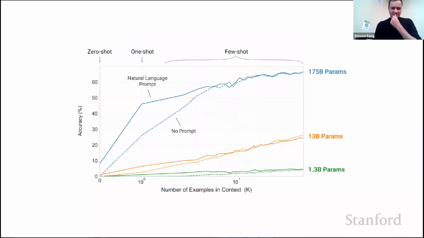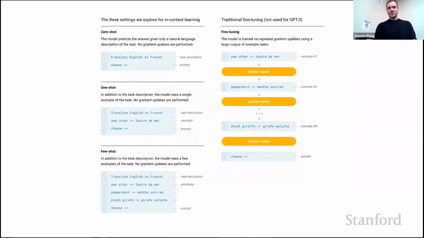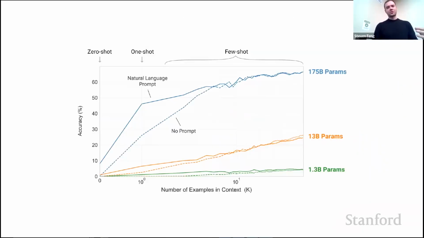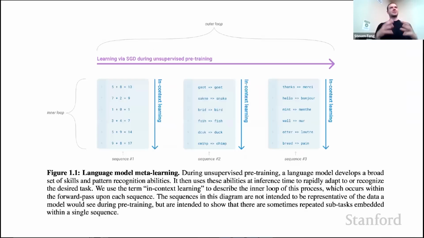Okay, so what's really interesting is that with more examples given in the context, the accuracy improves. And so what that hints at is that the transformer is able to somehow learn in the activations without doing any gradient descent in a typical fine-tuning fashion. So if you fine-tune, you have to give an example and the answer, and you fine-tune using gradient descent. But it looks like the transformer internally in its weights is doing something that looks like potentially gradient descent, some kind of meta-learning in the weights of the transformer as it is reading the prompt.